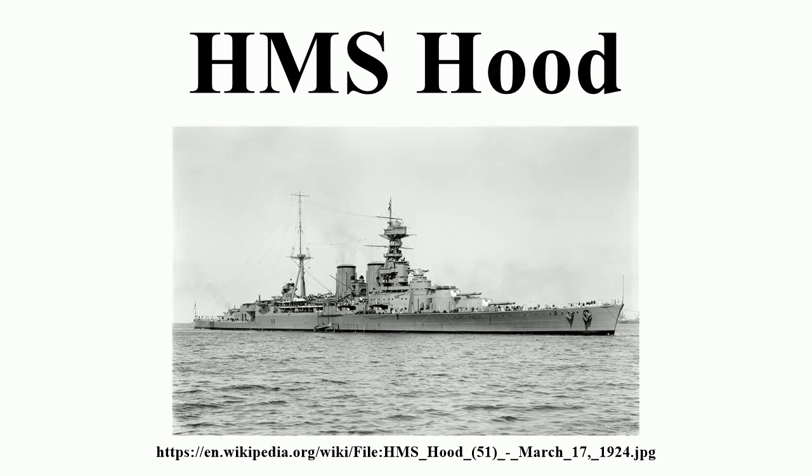2 HACS Mark III directors were added to the aft end of the signal platform the following year, and the Mark I director aft was replaced by a Mark III. During Hood's last refit in 1941, a Type 279 air warning radar and a Type 284 gunnery radar were installed. Although the Type 279 radar lacked its receiving aerial and was inoperable,